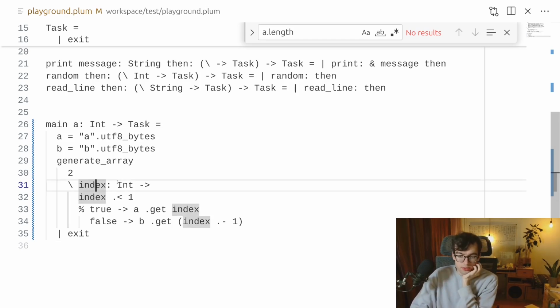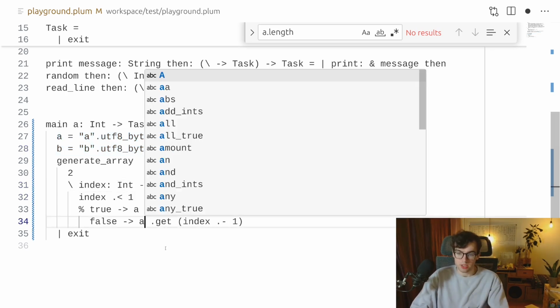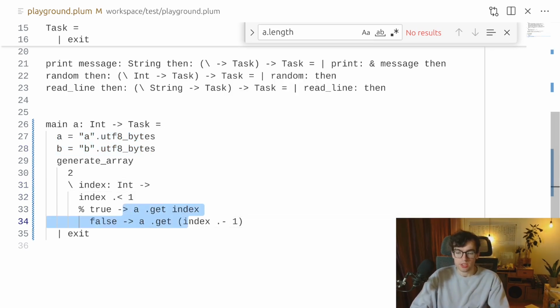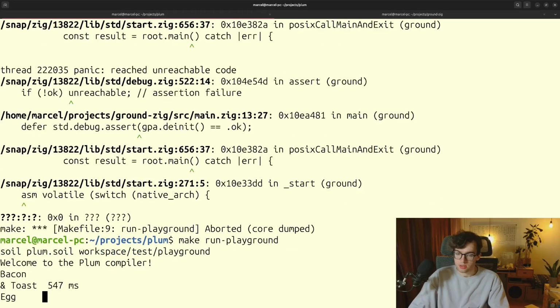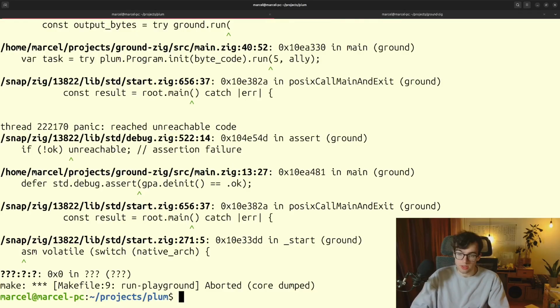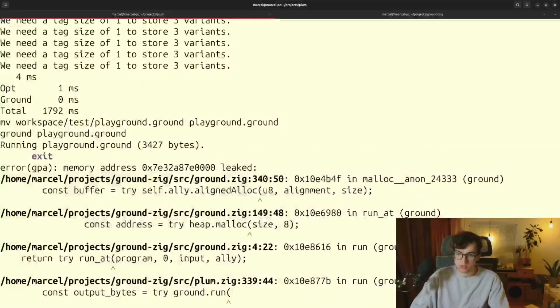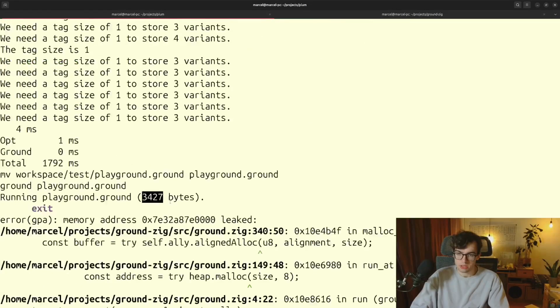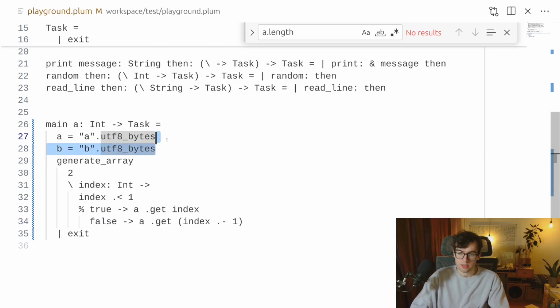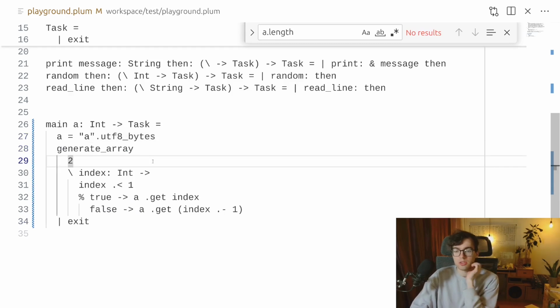Okay, and then for the index, we kind of capture these variables, which, I mean, I guess that's fine. Let's only capture 1 and see if that's still, you know, not even use B. All right. Oh yeah, that simplified things a lot, actually. Wow. I mean, B is not even used, so